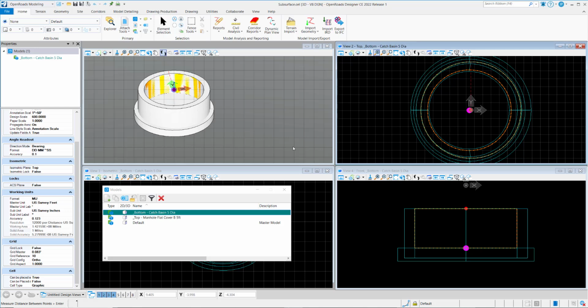This video will demonstrate how to change the units of resolution and the solids working area of a model containing a cell. In this example, we've got some drainage cells in a cell library here, just a couple, and I've got the models dialog open. You can see that we've got the active cell is selected here,